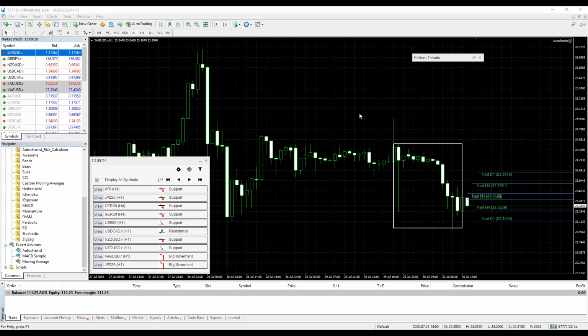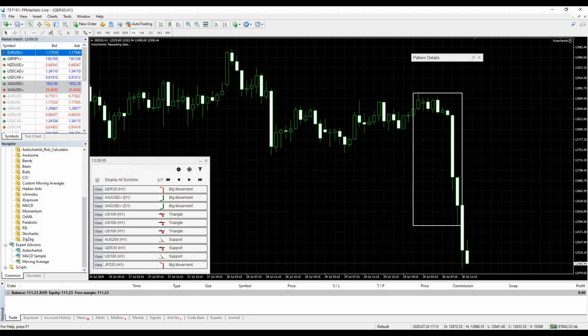Okay, here's some big movements on silver, and what that big movement over there in that square block tells me is that there's been an exceptionally large movement on silver. An exceptionally large movement, meaning I believe in the 98th percentile of its movement, right? So 1 or 2 out of every 100 moves are this size. So very, very large movement. Another one on the DAX 30, as you can see. Wow, that's a massive downward move.